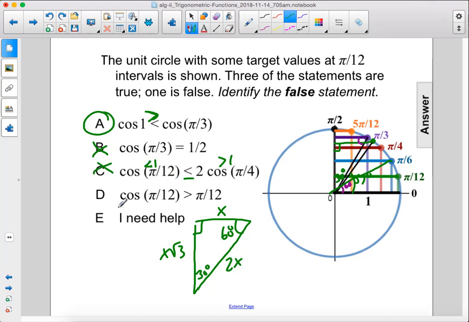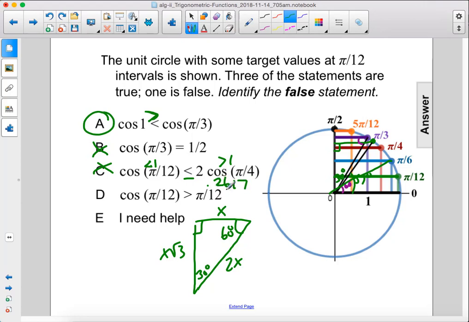Cancel that out. Cosine of pi over 12, that same green bar here, is greater than pi over 12. Now, something you have to remember is that pi is just a number. So what number is it? It's 3.14159, and so on, divided by 12. That gives us a value of about